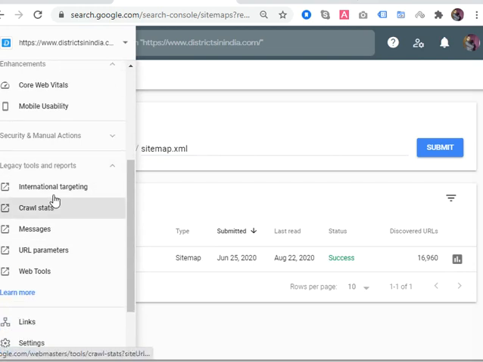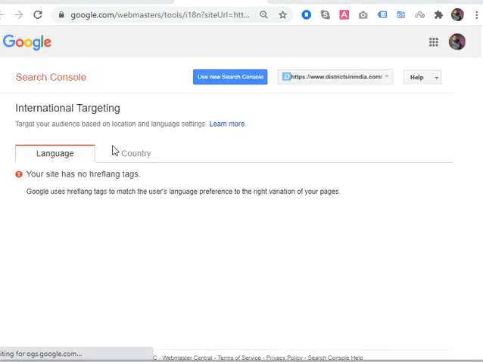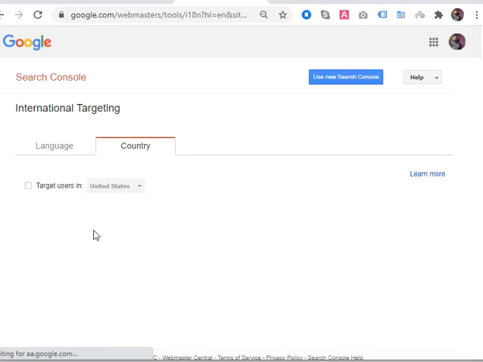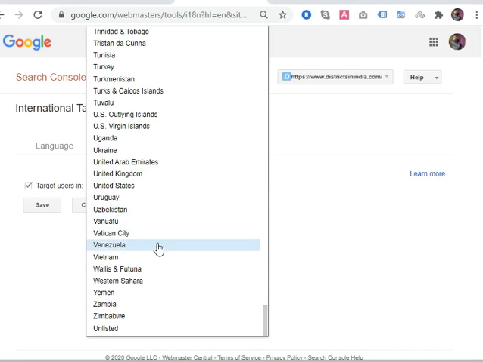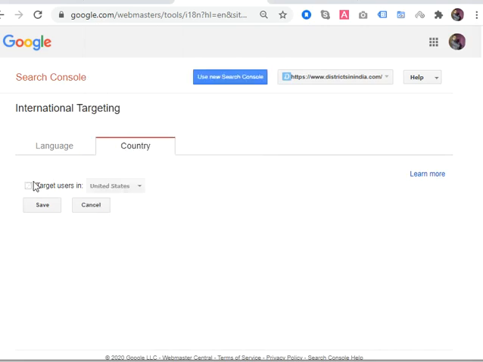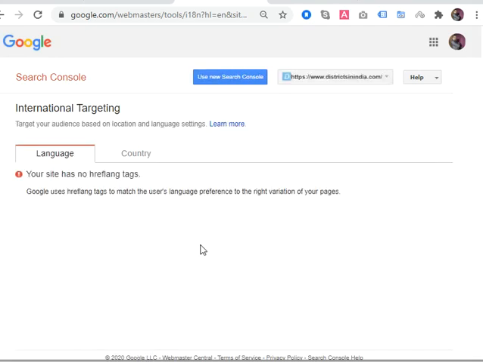Other than this, you can go to this section. International targeting means if your website is particularly associated with a country, like .co.uk or .co.in, you can set that country here with the help of the option to target users in this country. But if your site is .com or .org, then there is no need to use this. Second is the language tag. This is important to inform the search engine that your website has some content in a different language. So this tag is very important.